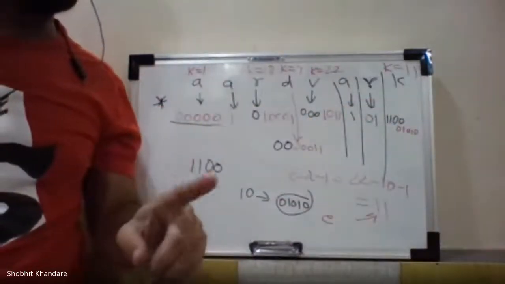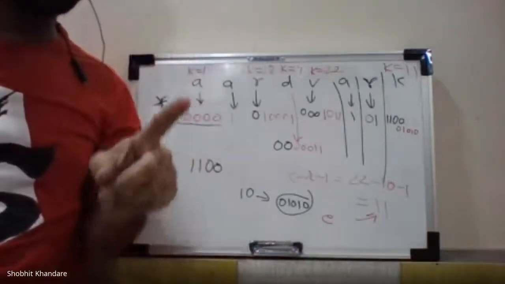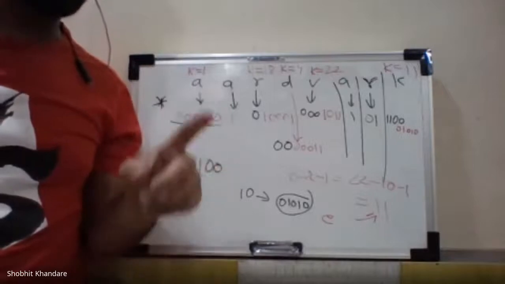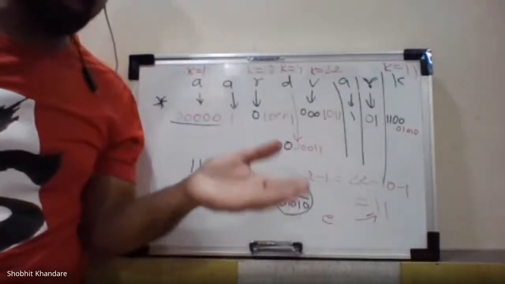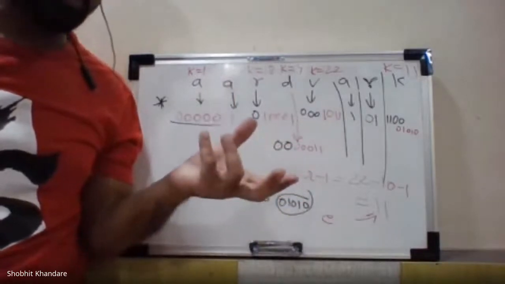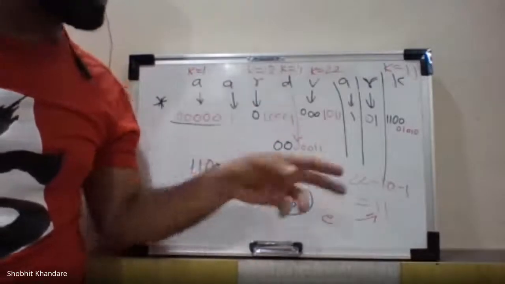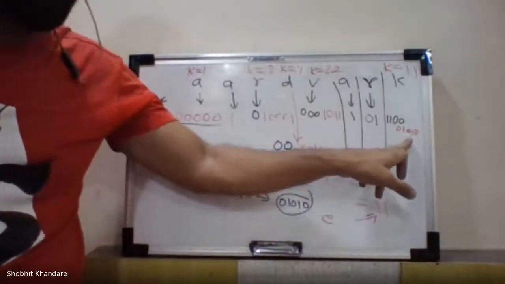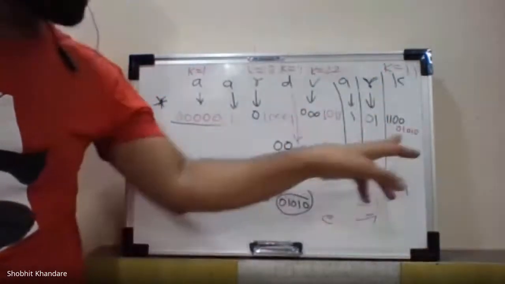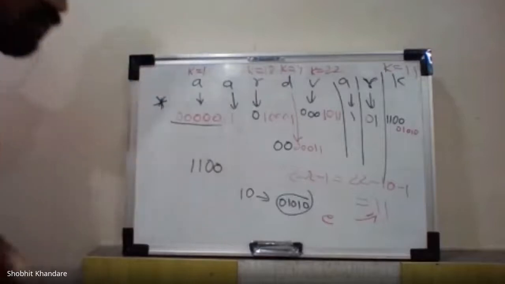Okay, so as per the new findings, we have done the correction, and that correction says that you have to do the swapping. You have to do multiple swappings if needed to get the standard tree. And after you get the standard tree, then you get the NYT code as well as the fixed code for that particular symbol. Okay, so this is what I have got: 0 1 0 1 0 0 1 0 1 0.